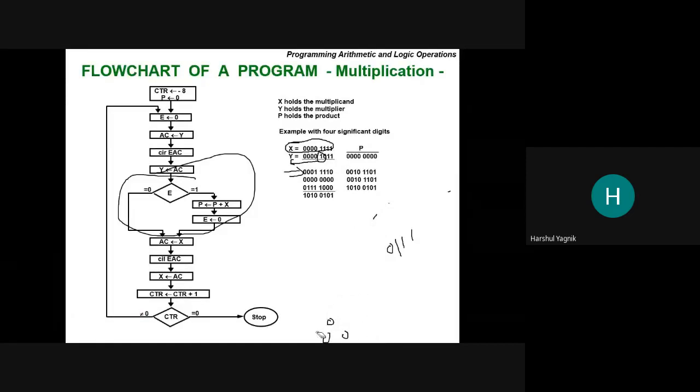Every time when there is a shift, there is D7 bit, D6 bit, D5 bit, like that, there is D0 bit, and then there is a separate E flag. So when this shift is done, the D0 bit will be replacing the E flag. The E flag value will be replacing D0, and D0 will be replacing the D1 position, D1 to D2, D5 to D6, like that. Is that clear? So when will it happen? When this circular shift is executed.